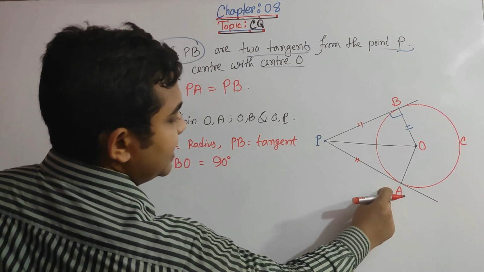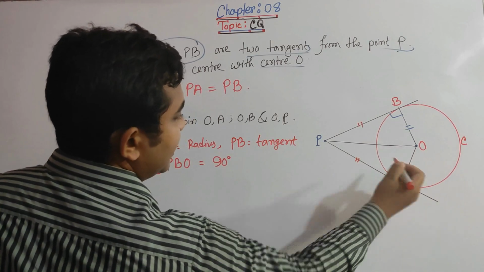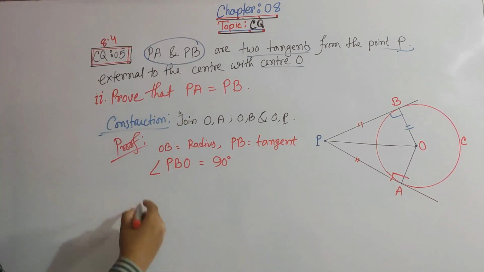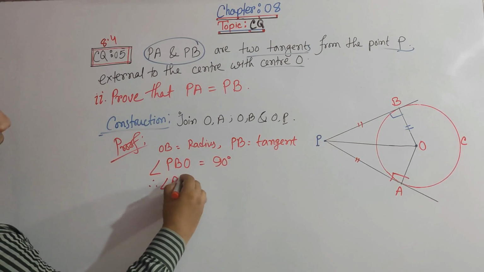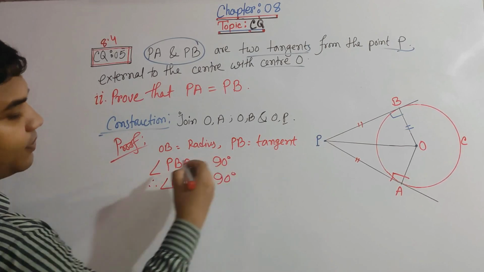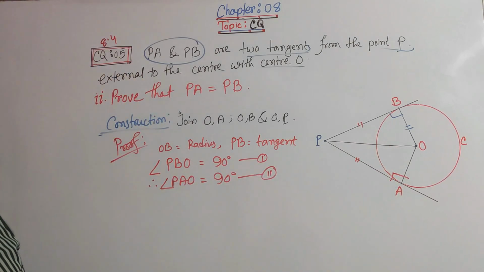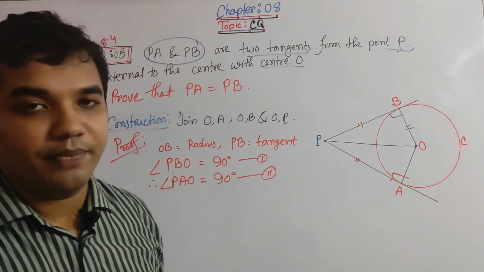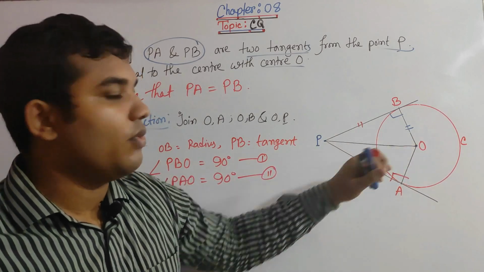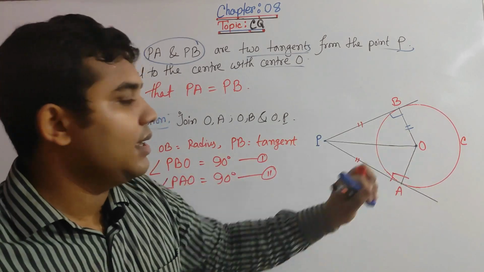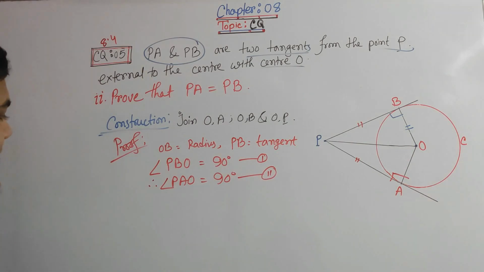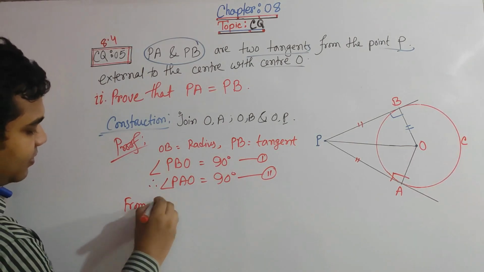Similarly, this is the tangent and this is the radius, so this angle is also 90 degrees. So PAO is also 90 degrees. We have to think about these two right angle triangles, since this is the right angle. So from triangle